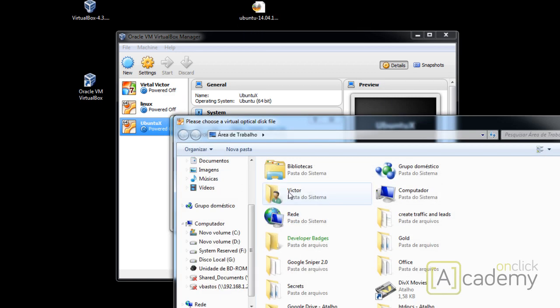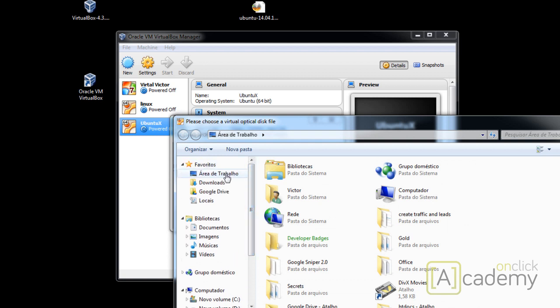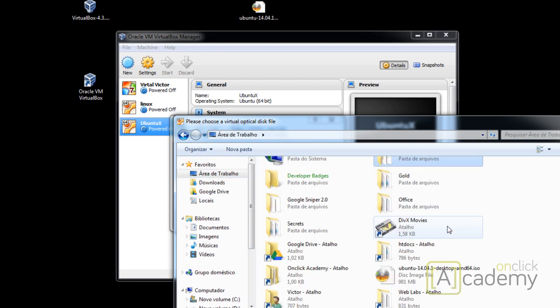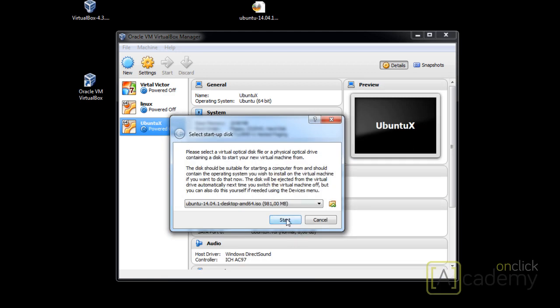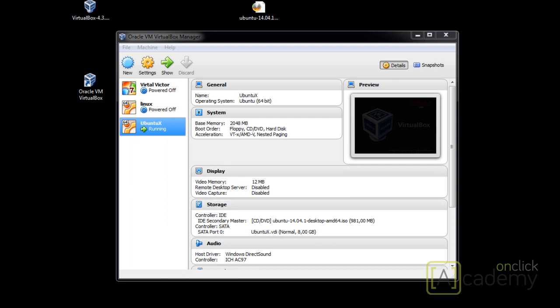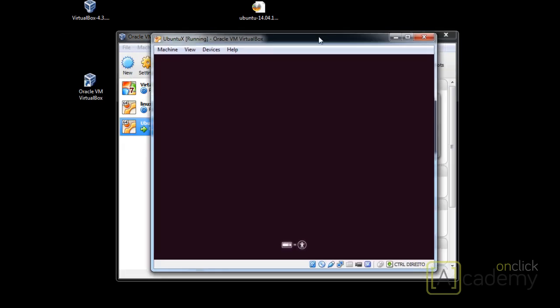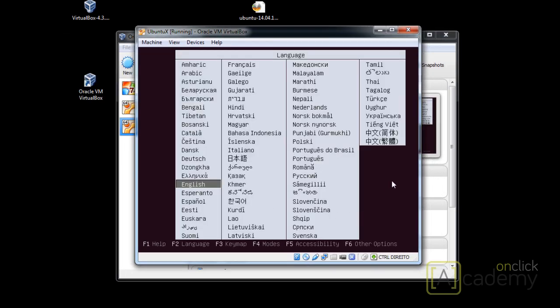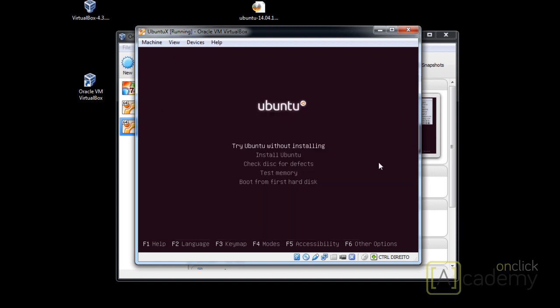So click there. Let me go to my desktop. And here it is. Okay, there it is. Start. Okay. You're gonna get a window and it's going to start virtualization of the installation of Ubuntu. Okay. And now you have different types of